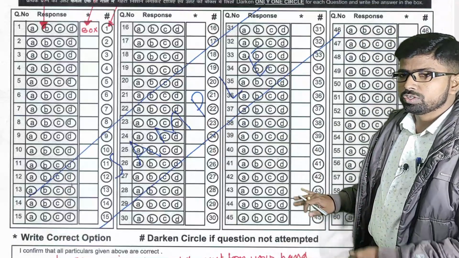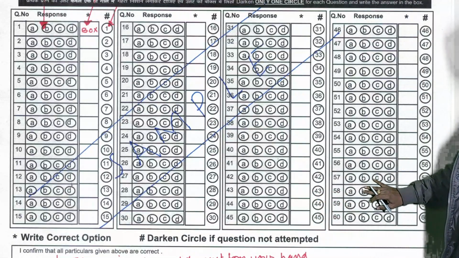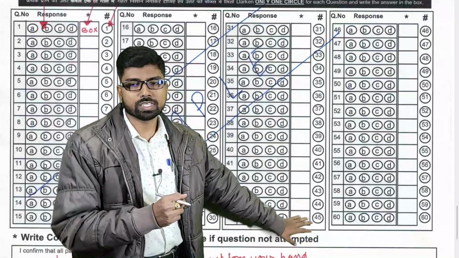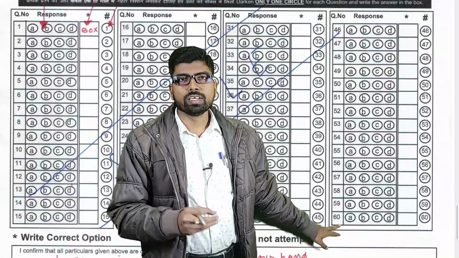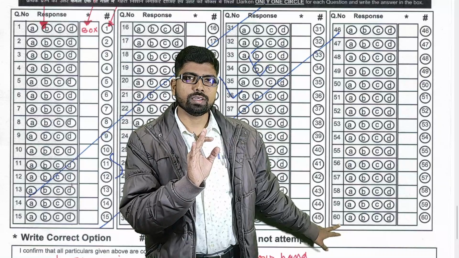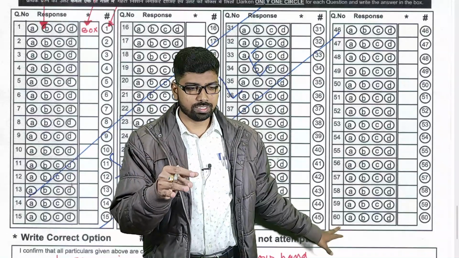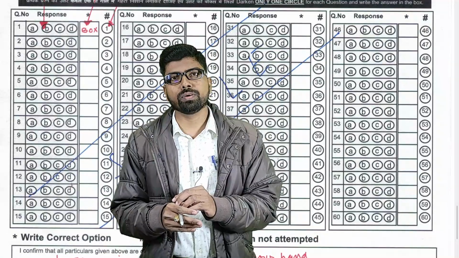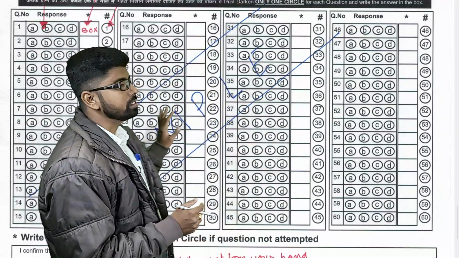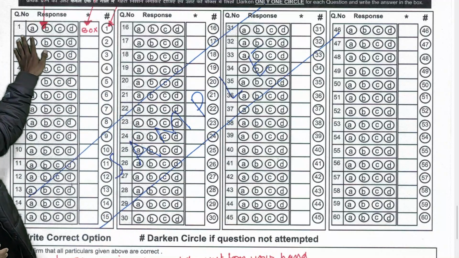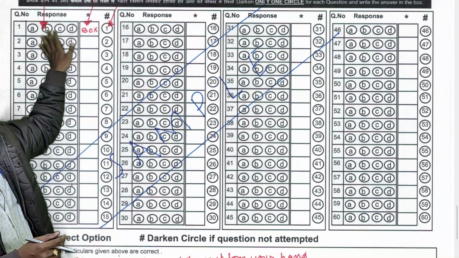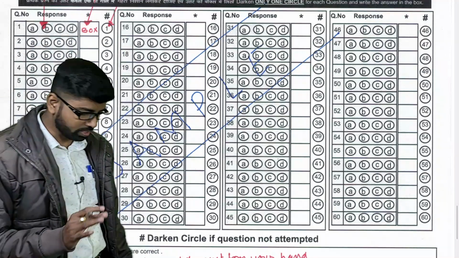Here you can see that the total number of options given is 60. So in the OMR, 60 questions will be there, meaning 60 answers. That means in every question paper, a maximum of 60 questions will be there. For every question you can see question numbers 1, 2, 3, 4 like this, and A, B, C, D, 4 options are there. One more box is there.